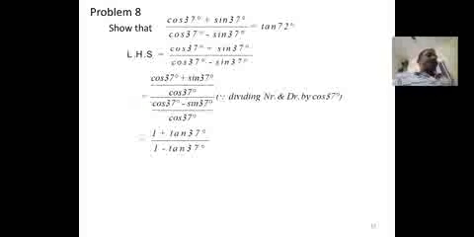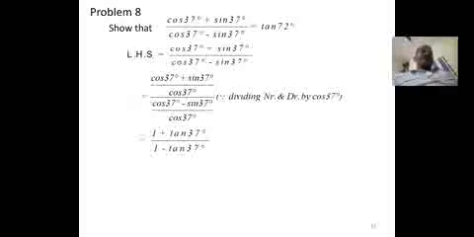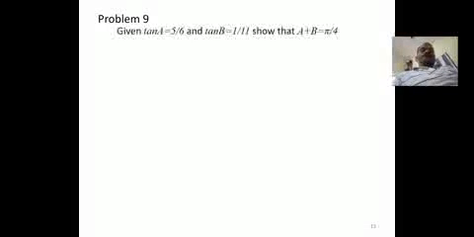It is in the form of (1 plus tan theta) by (1 minus tan theta), which is tan of (pi by 4 plus theta), where theta is 37. Tan(45 plus 37), this is tan 82, not 72, 82, or cot 8 also you can write. This is also one of the important models.